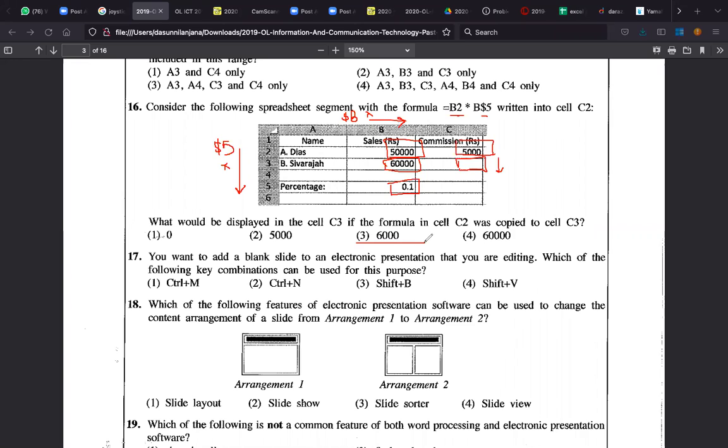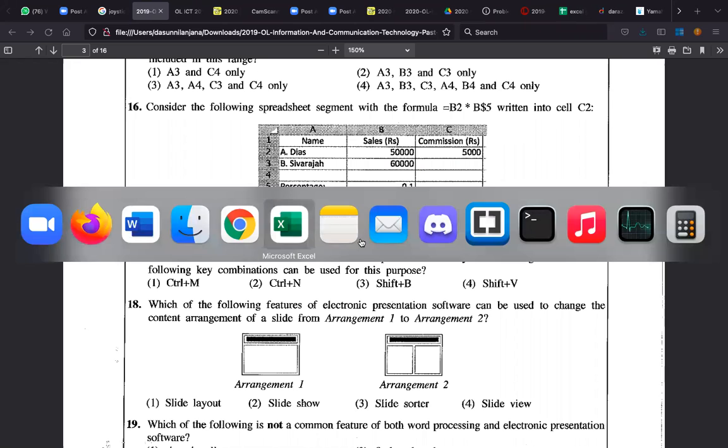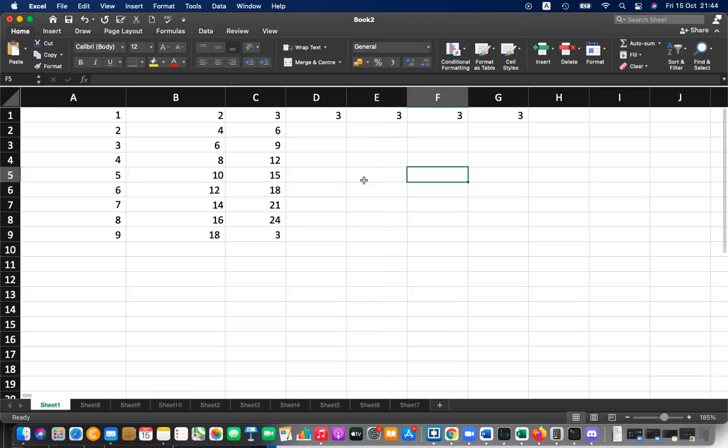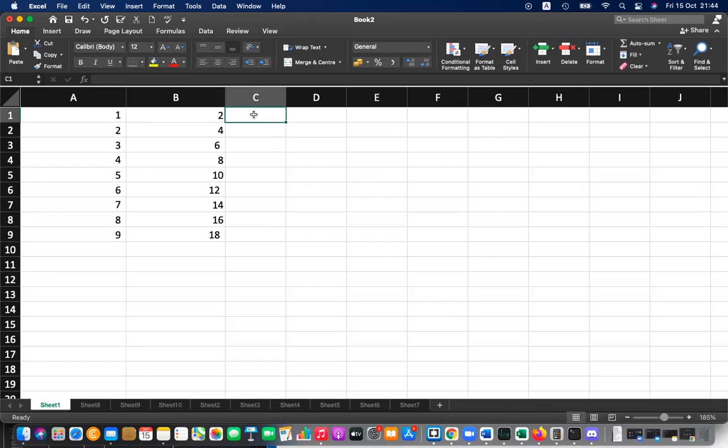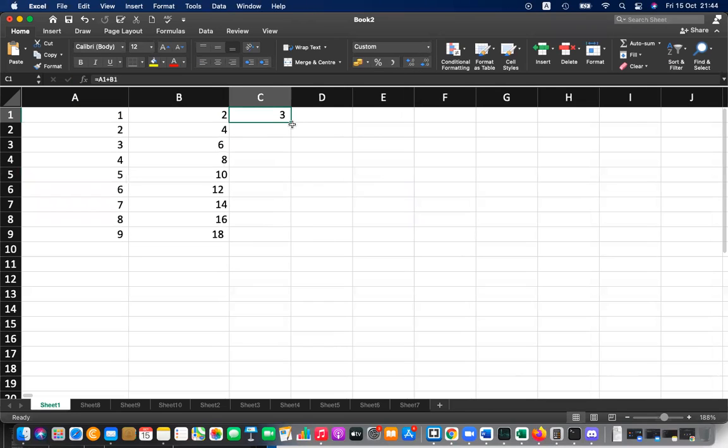So it's an easy question. If you want, I can show you how this is happening practically, because some students won't understand absolute referencing and relative referencing perfectly. So let me show that. Okay, let's say you have numbers like this, and I add equal A1 plus B1. Now you can see it's A1 plus B1. If I fill this or copy and paste this, both are the same, right? Fill means if I drag this, it will fill. Here A1 B1, and this one has A2 B2.